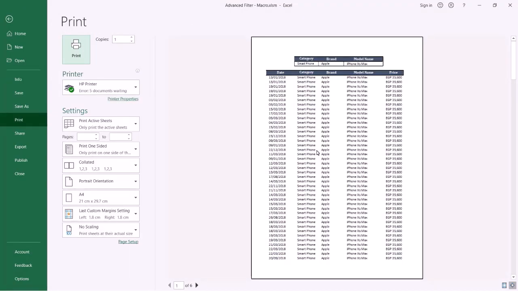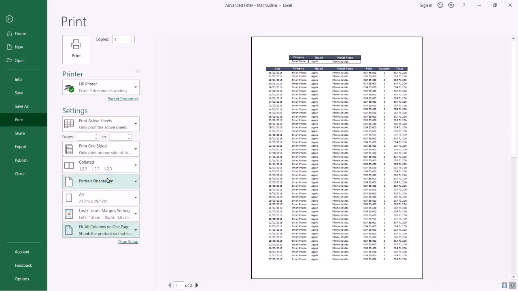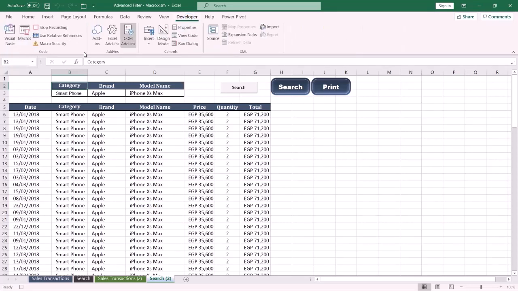Okay, I specify the printer and any settings you want, and I want all the columns to be printed on the same page. Okay, so in No Scaling I select Fit All Columns on One Page like this and press print. Okay, then I stop recording